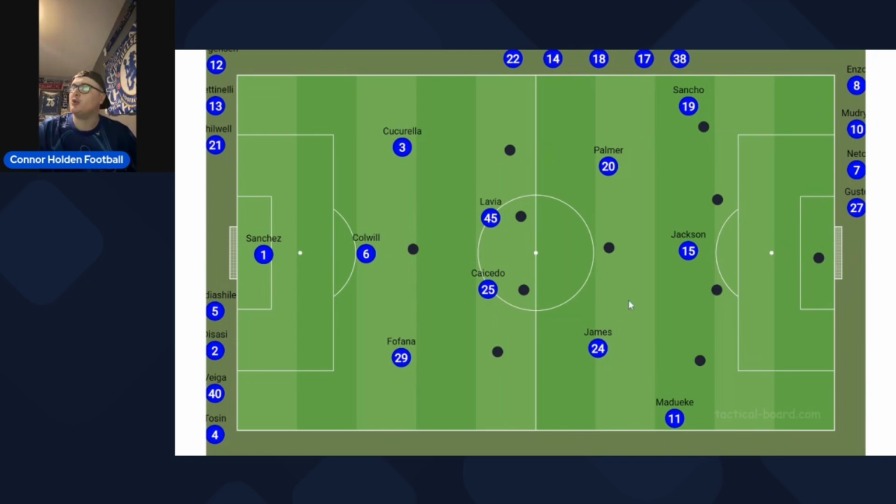But the reason Reece James is here and Cucurella here is because I think this is a bit of a discussion we need to have. For this game specifically, I think you could do either of these, okay? The main thing is having Colwill centrally, in my opinion, and I would prefer to have Colwill central with Fofana as a wide centre-back option. Again, if we can bait them towards us, can we go inside to bounce through? So once that man is baited onto either or,